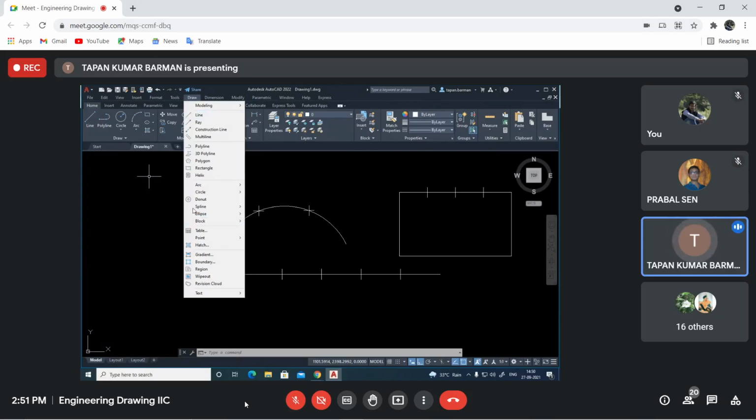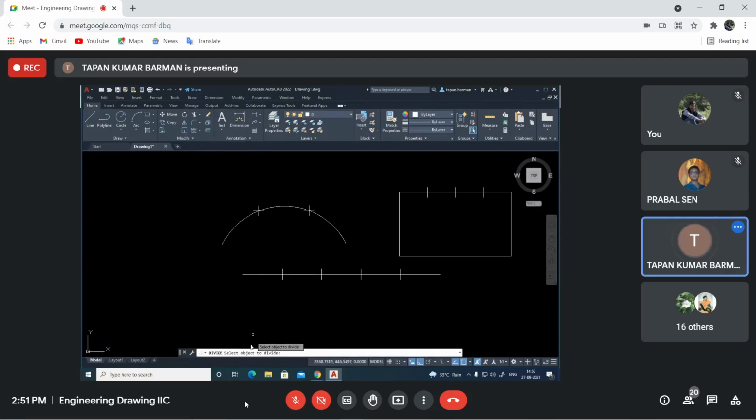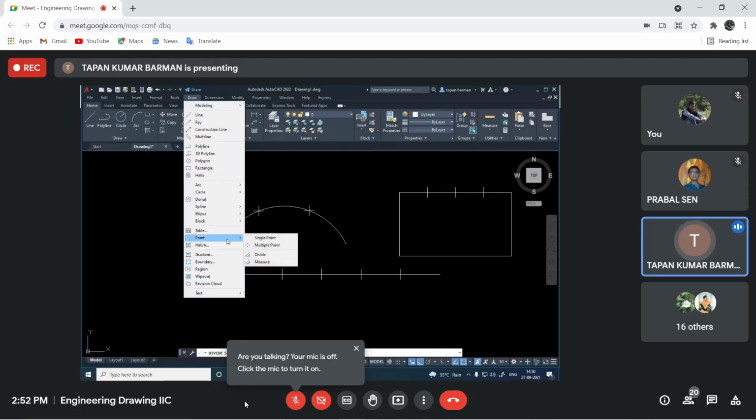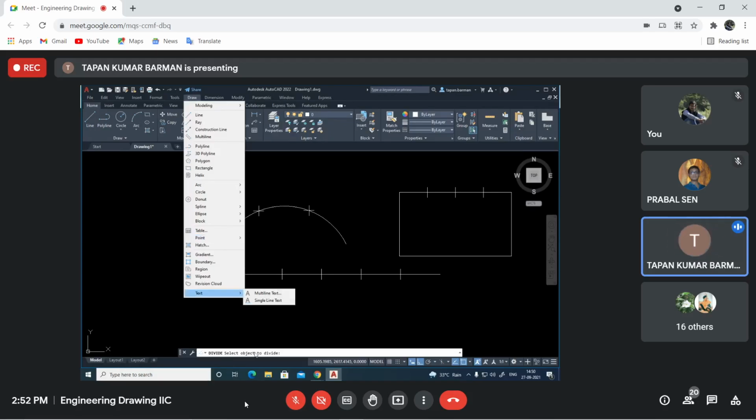Okay. So when you are taking one command, say divide, here you see in capital letters it displays DIVIDE. This is the command to make the division of the object. It is not required to remember this command because this information is already there in your main draw toolbar. So always you may go there and take the required command for your work. Understand? It is not required to memorize all the commands, but what is important is that you have to follow the command line. There you will get the information and accordingly you have to work.